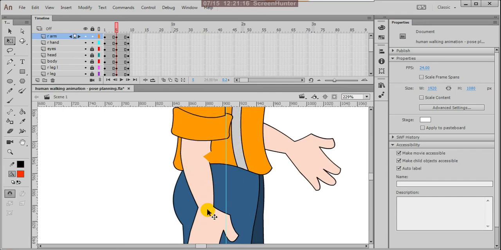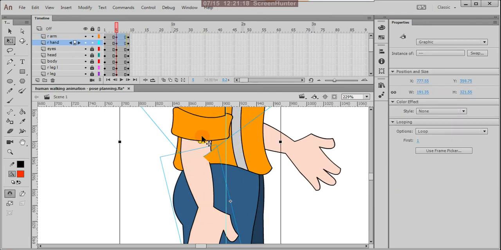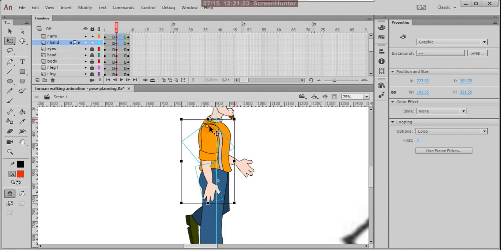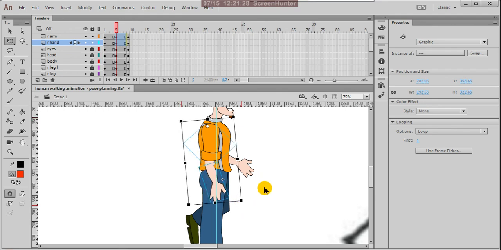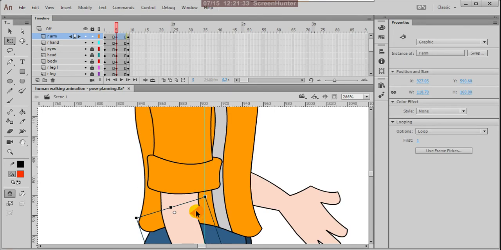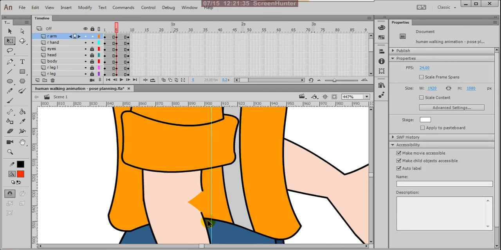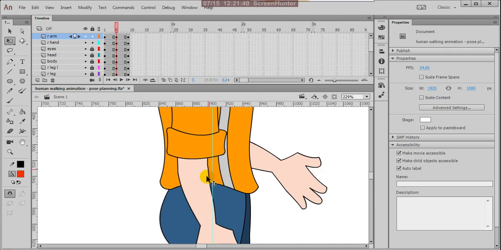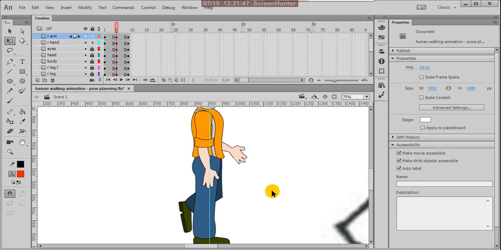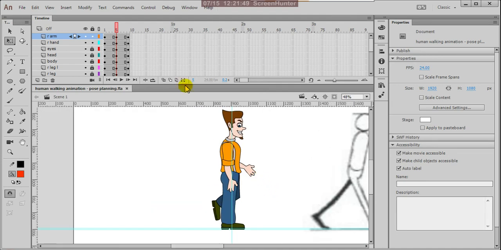Okay, next this and this, select, and this reference point you can keep here, and you can move it. Yes, okay, and now Control B, break apart, so then you can move this up to here so that it can match with that. Perfect. Make it Control S. Excellent.